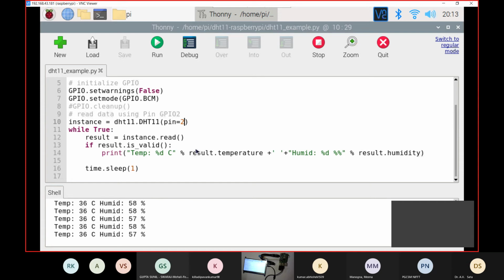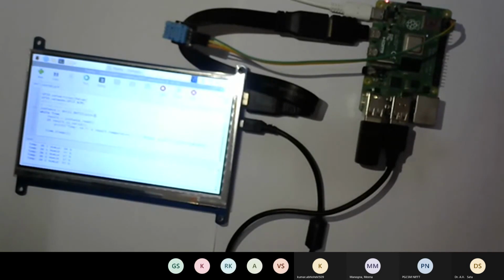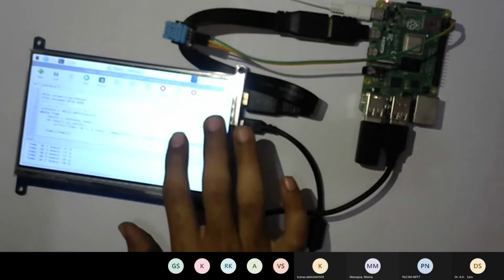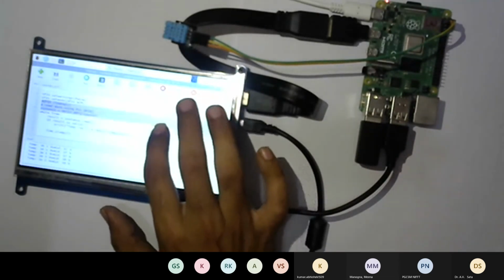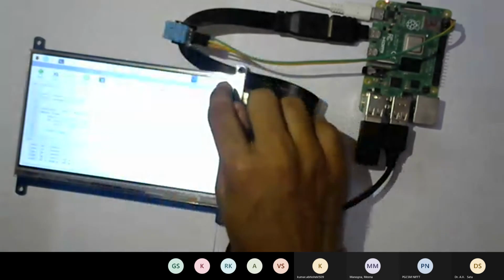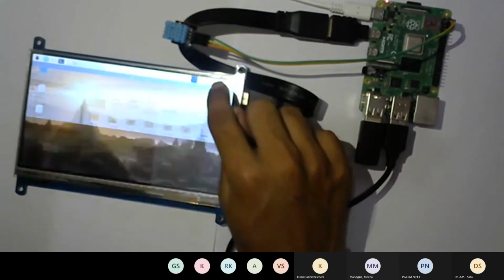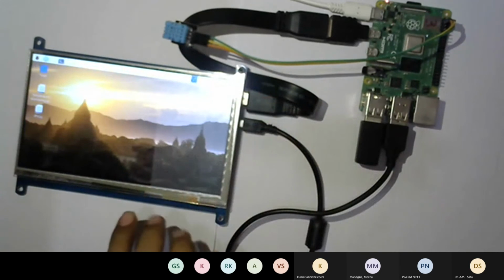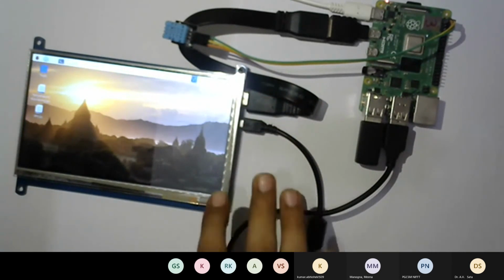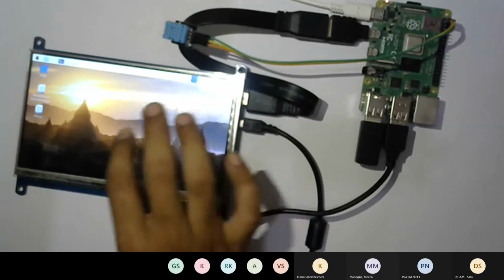First and foremost, there is a screen attached over there. If you can see, this one is a touch screen and you can use it. It is pretty blurry, but I'm sure you are able to visualize it.